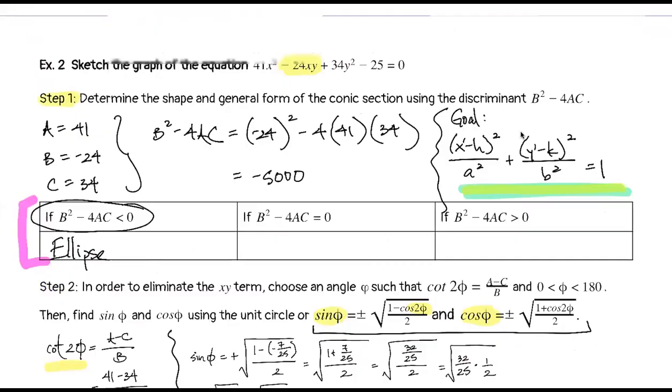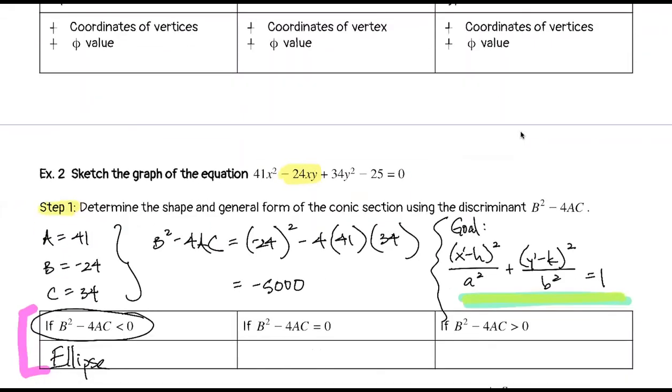Yes. So the xy term, this is the problematic one. That's actually what rotates our parabolas or ellipses, and what we try to do is reverse rotate it back so that it's aligned with our original XY graph. Yes. You're aligning it so that you can define it using a set of axes that are perpendicular to each other. Because when things are perpendicular, life is easier.